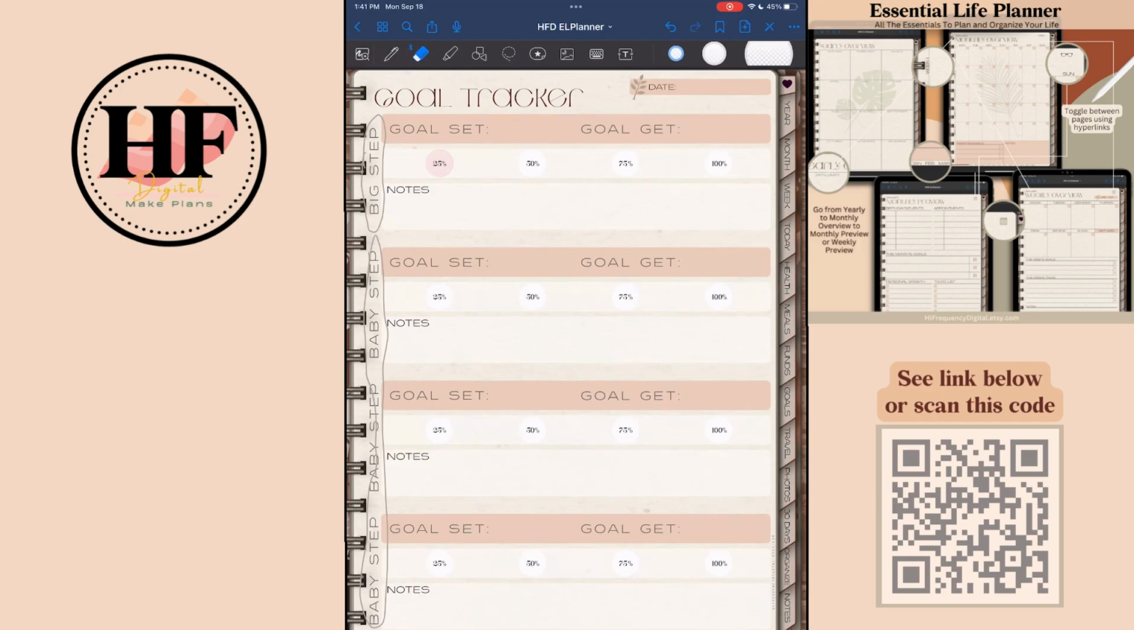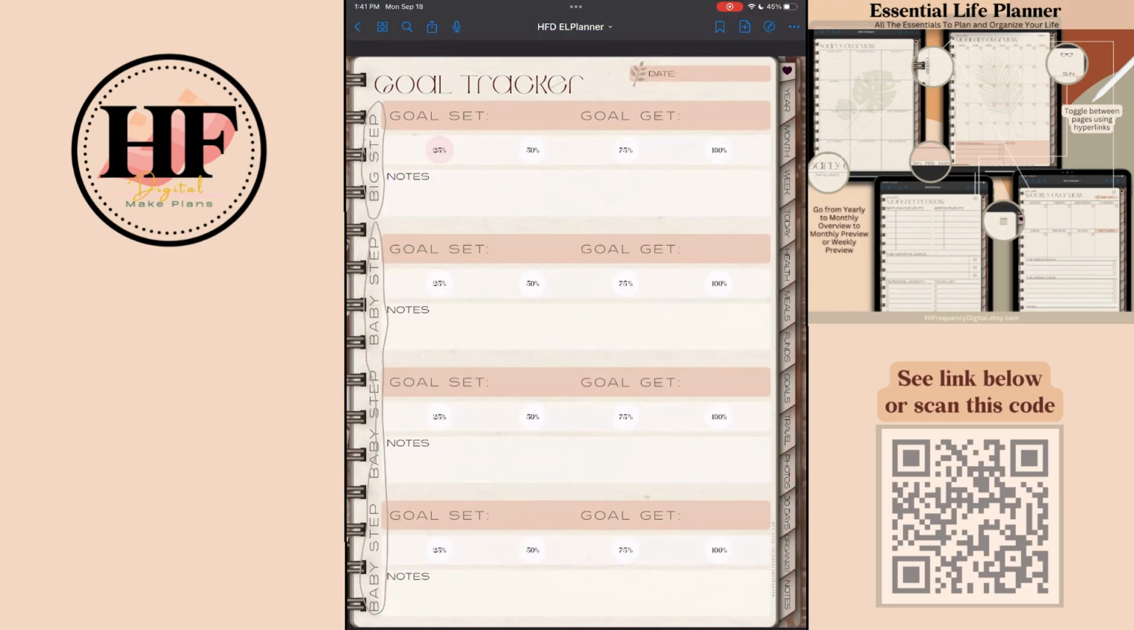Or you can use your highlighter tool. I don't know why my eraser keeps coming on. But yeah, you can just color in each section as you get a quarter of the way done. So then next we will go